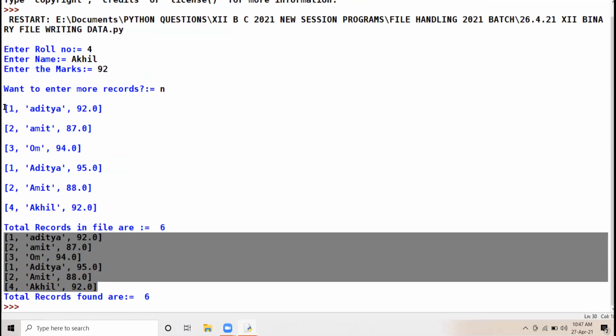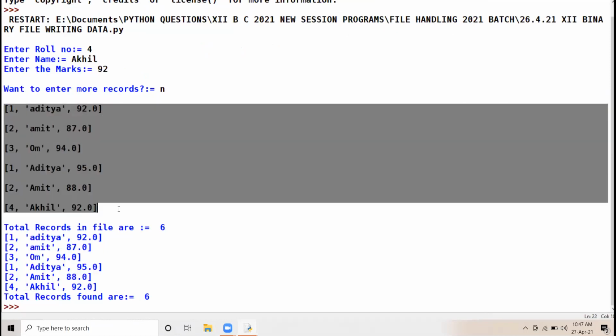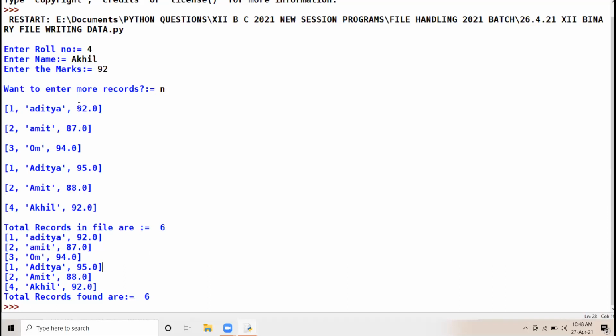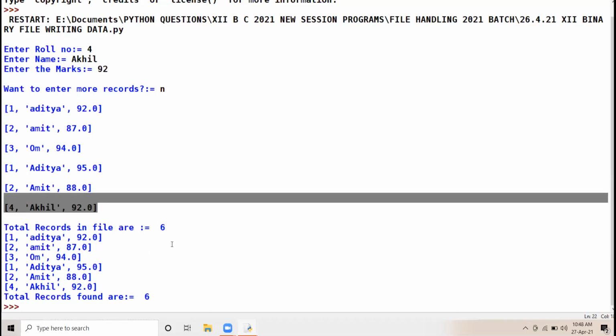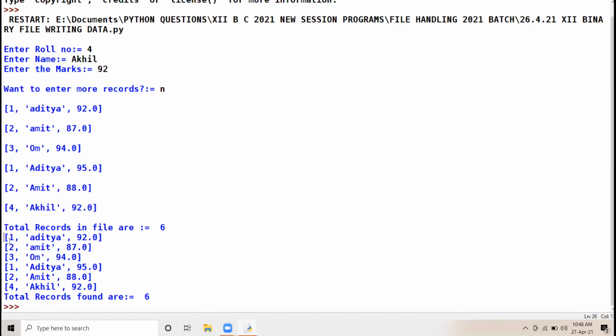These are the total records which were available in my file. In all the records, marks are above 80. When I start searching, 6 records are found where marks are above 80.